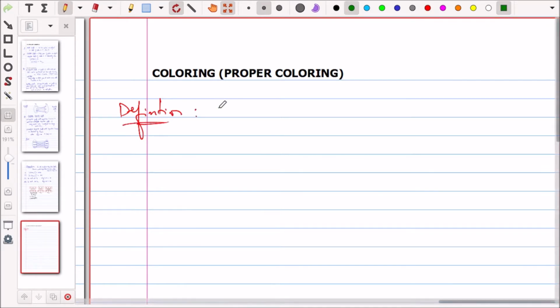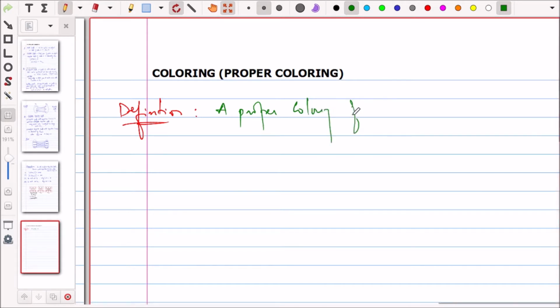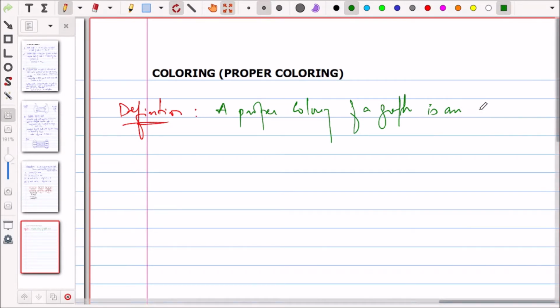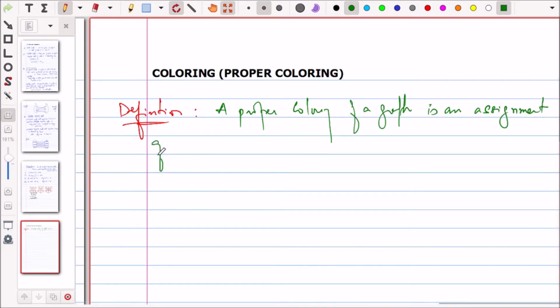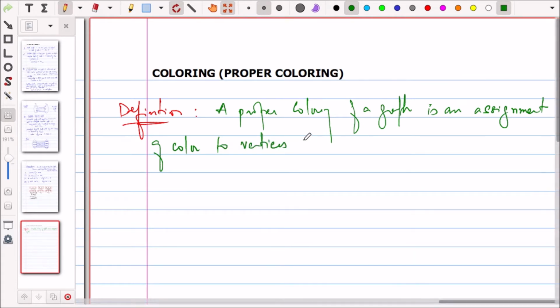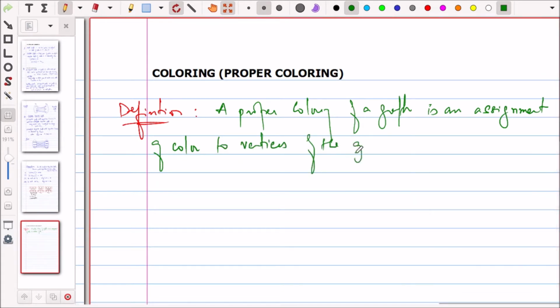Definition: a proper coloring of a graph is an assignment of colors to vertices of the graph in such a way